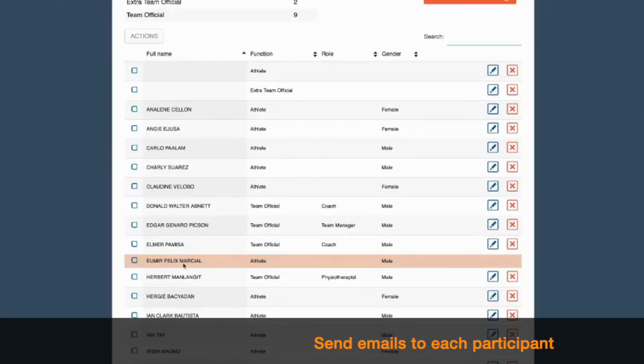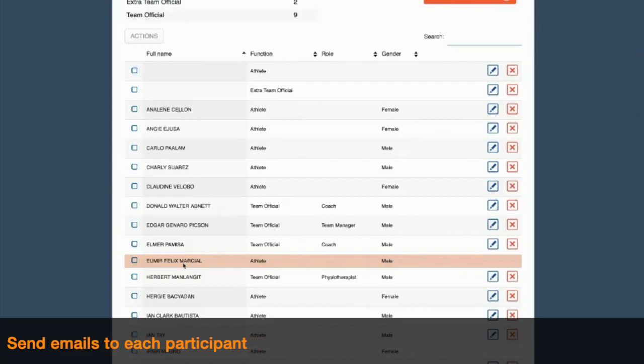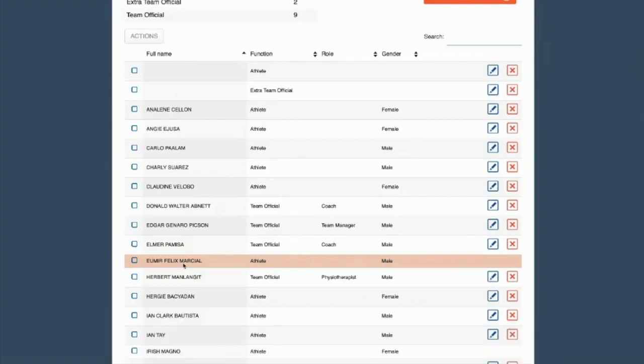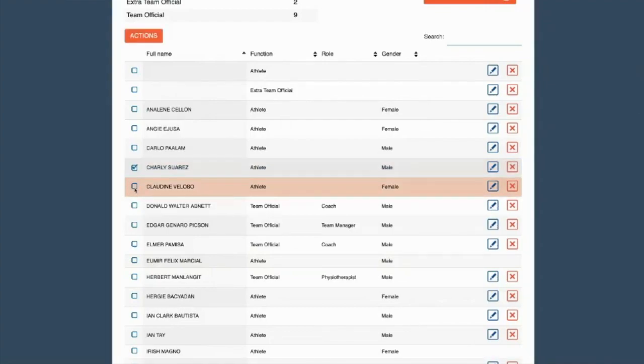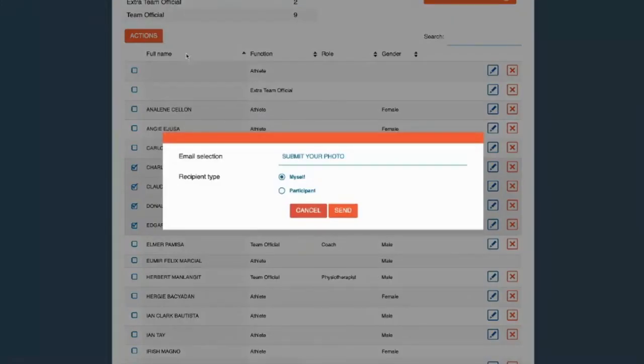So if the National Federation of Swimming would like to send an email to each of the persons that they had registered, asking them to complete their conditions of participation form, parent legal guardian form, code of conduct, or insurance form, you can actually send this participant directly with a pre-filled form in the email. You simply have to click on this, click on actions, send an email, and select any email that you want